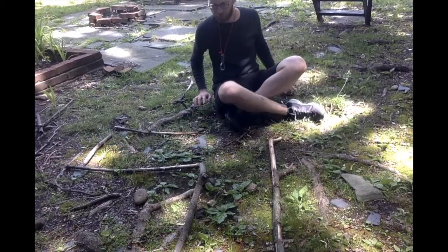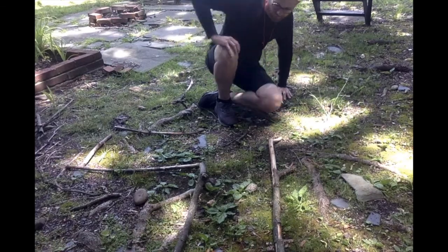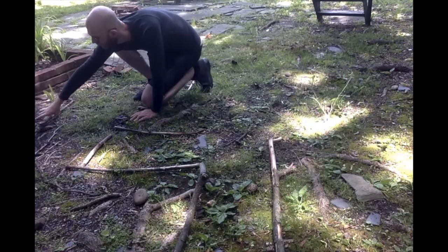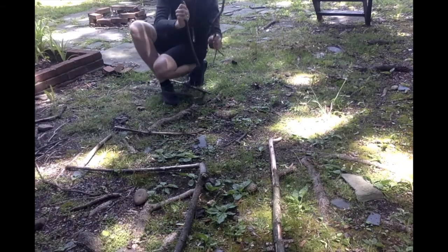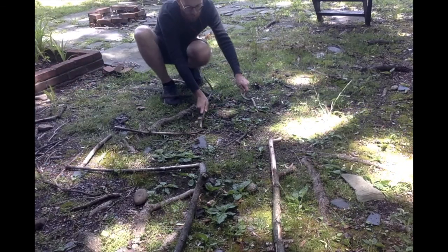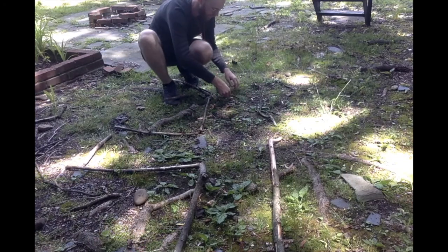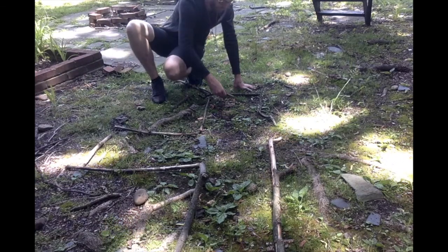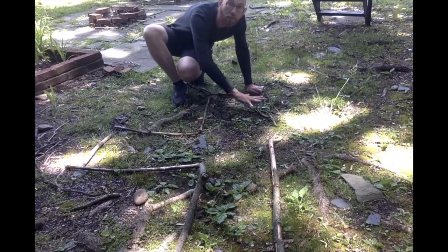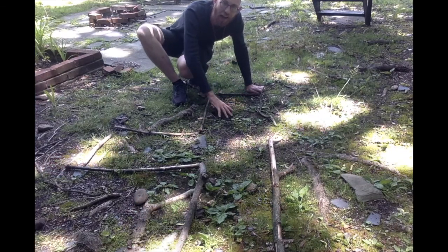And now I'm going to build another room kind of where I'm sitting right here. So let me get a few more sticks. Let's see. These sticks will be perfect. So I'll put them just like this. And another stick across. There we go. So this room right here, I'll use that for the eggs of the ants,